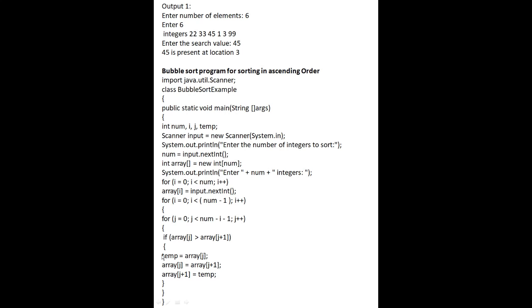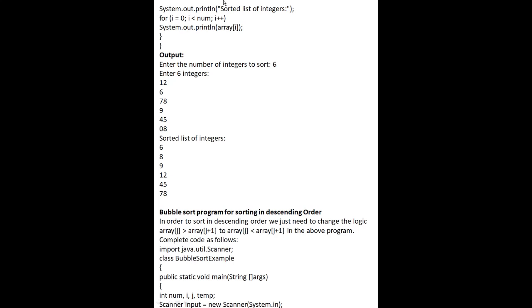If the condition follows like this, then System.out.println("Sorted list of integers"). For i, it will arrange the integers in ascending order and the numbers will be stored in i, so the numbers will be displayed like this. Now I am telling you the output.